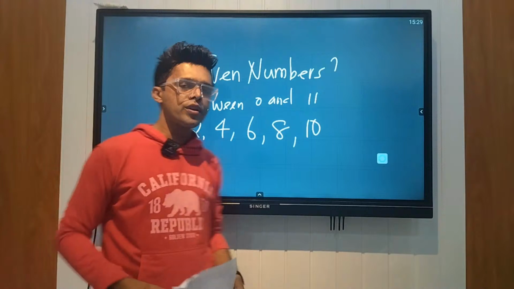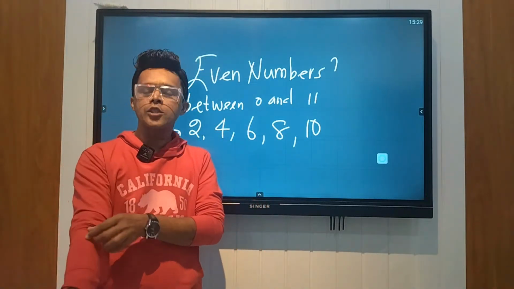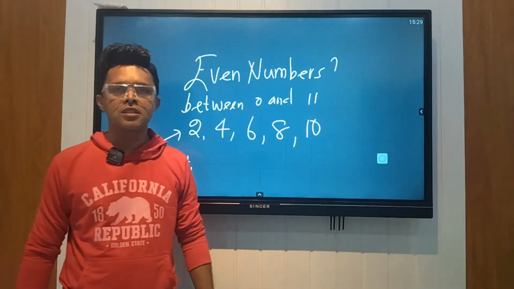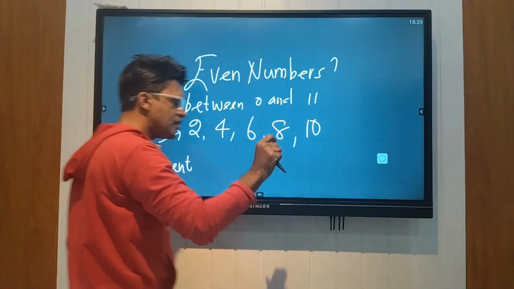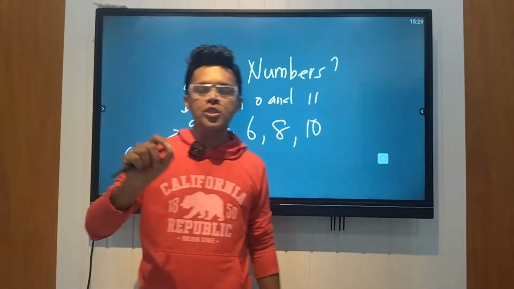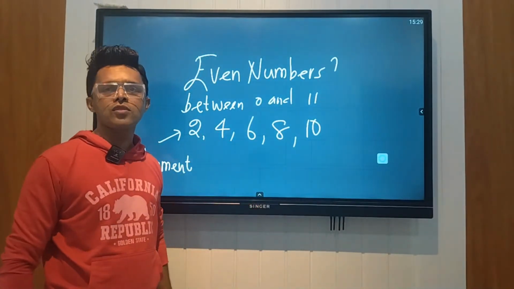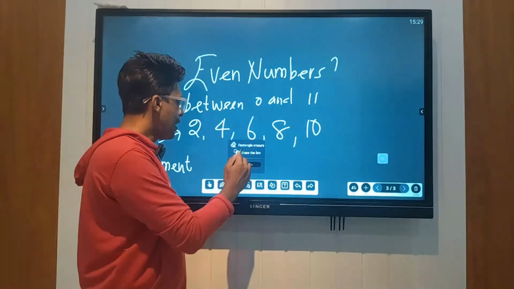4 also is considered as an element. 6, 8, 10 as well. 10 also is considered as an element of this set. So these are the elements of this set. And just now I taught you that these things are considered as elements of this set. And also generally we write